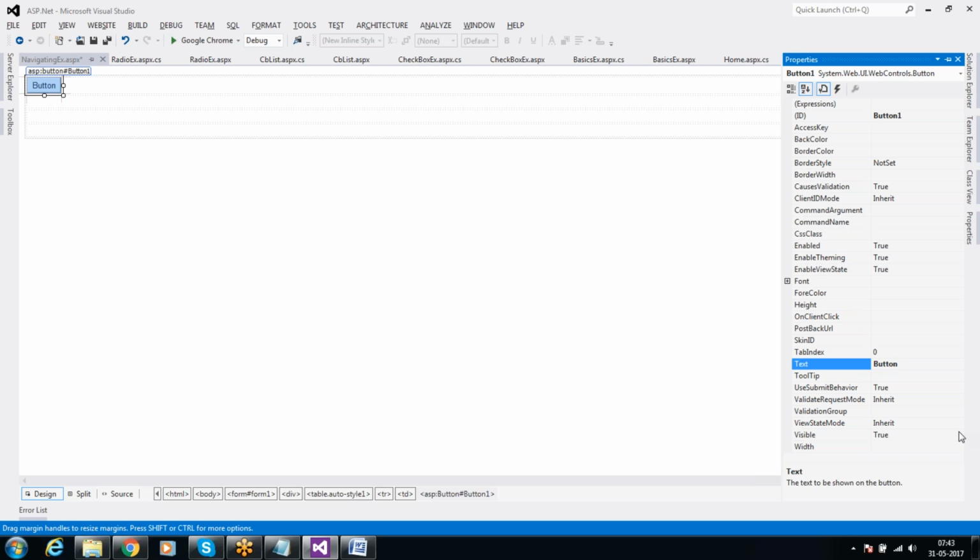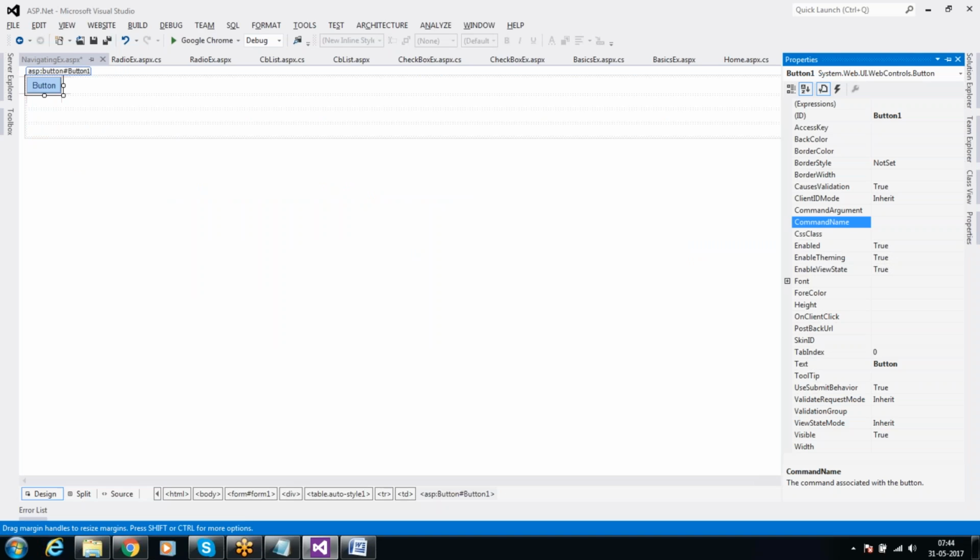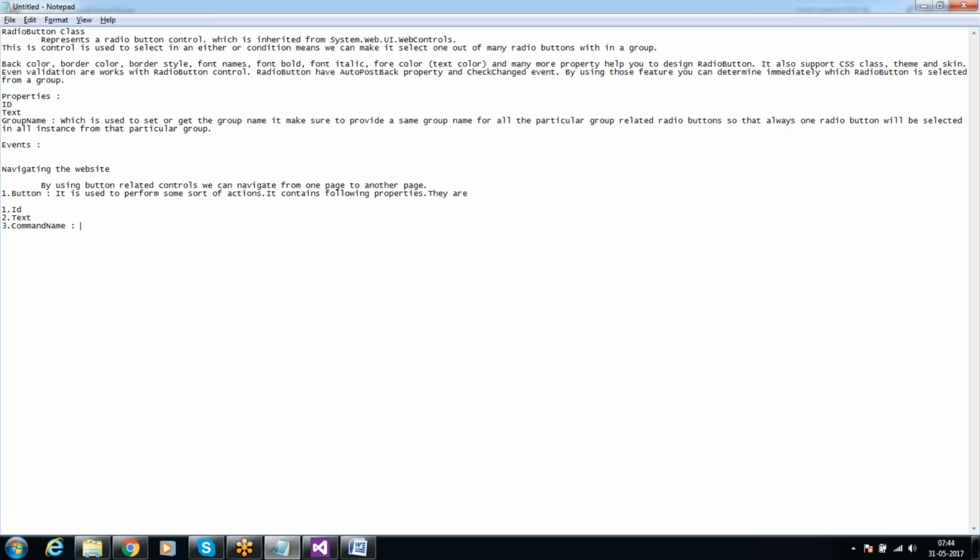Go to F12. Here all these are common. You will find one is command name. This property is common for all button related controls, even radio or image button, even hyperlink, all contain this property. Command name is one of the new properties. So far we didn't deal with command name, which is used to